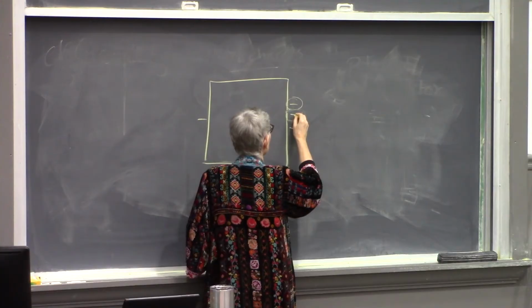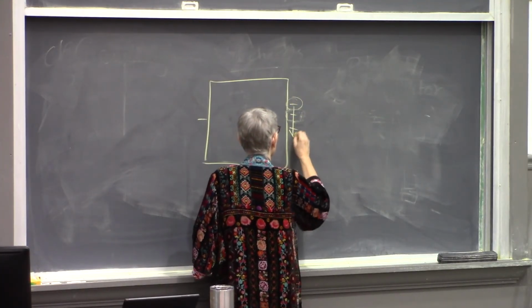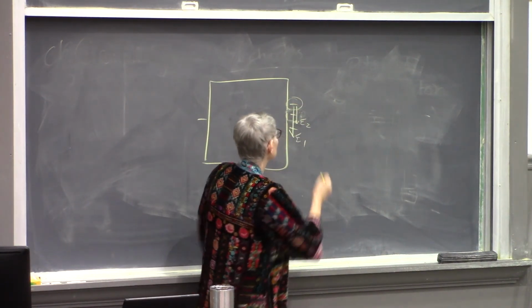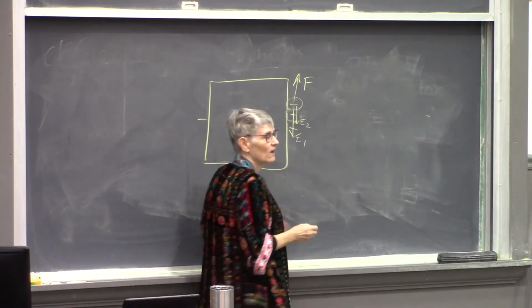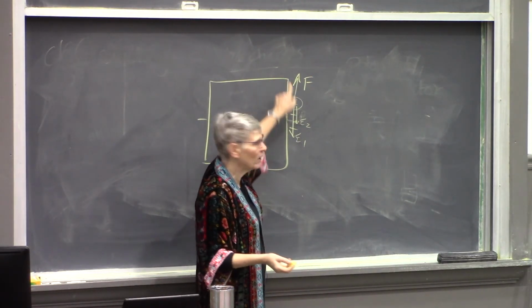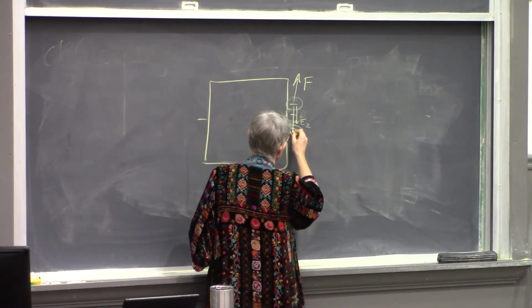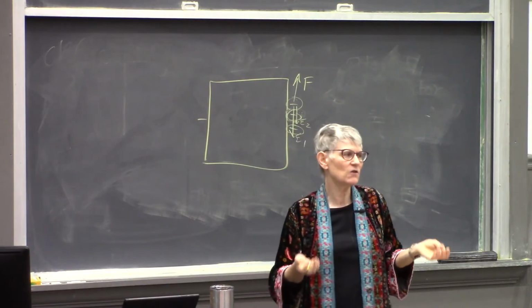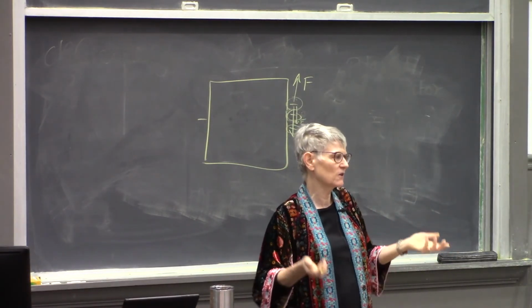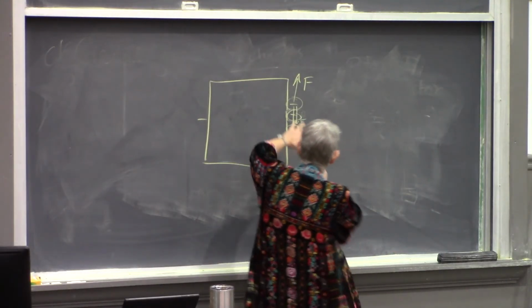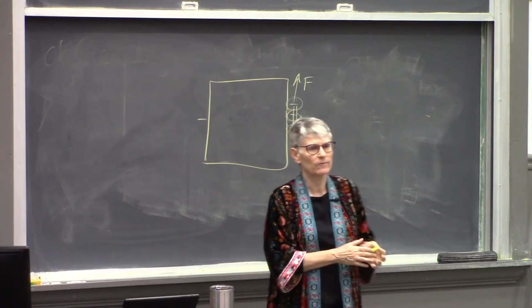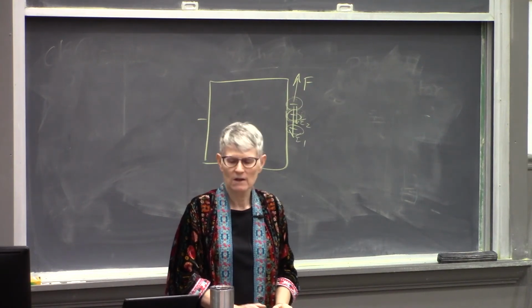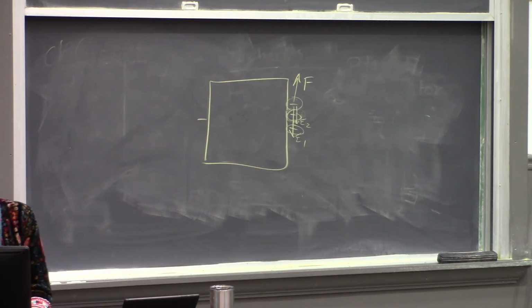This one has a field due to this electron, which is pointing down, and a field due to that electron, which is a little smaller but also pointing down. So there's going to be a force on that electron that makes it want to move away. This bottom electron, of course, is going to want to move away from these other electrons. So they still interact with each other. The net field is not just the applied field, but the field due to any charges on it. Therefore, the electrons will end up trying to spread out as far away from each other as possible. Now it ends up, interestingly, that